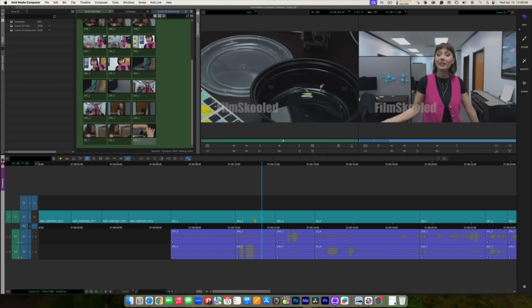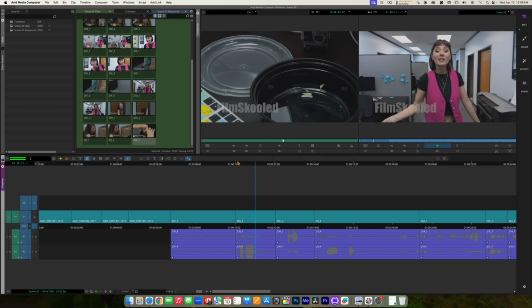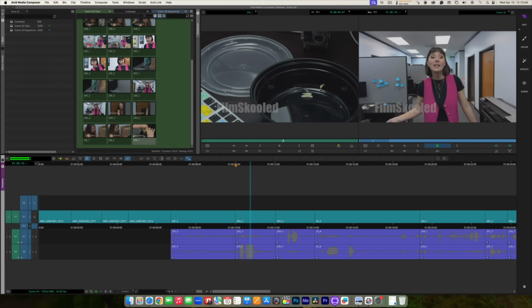We also want to make sure that our audio in our audio meters is kind of going up into the yellow area. So if we look up here in the upper left corner of the timeline, there are some little audio meters. And basically, you know, balanced audio or good audio is kind of hitting in the yellow area of the audio meters. Now it's really kind of hard to see this